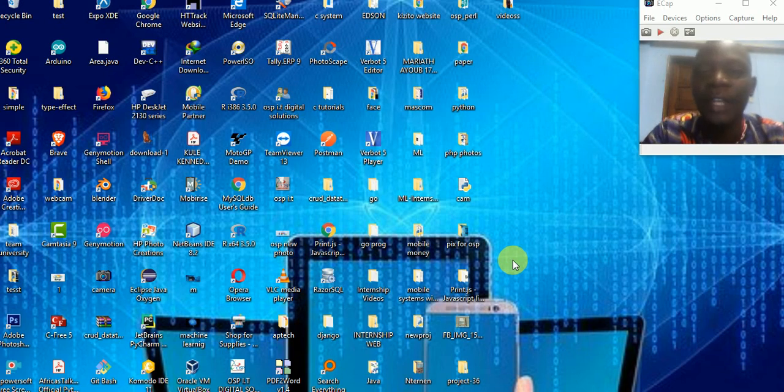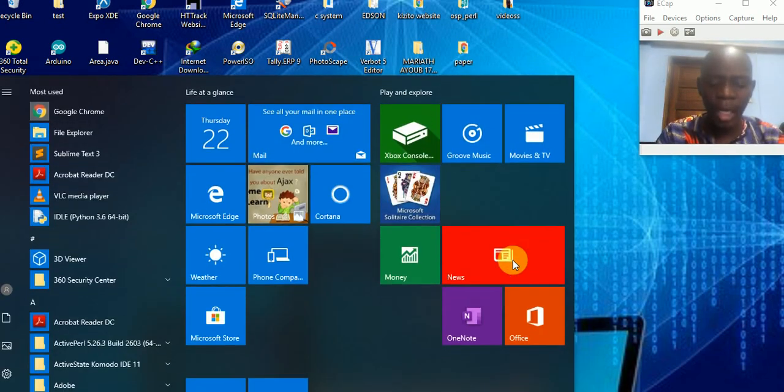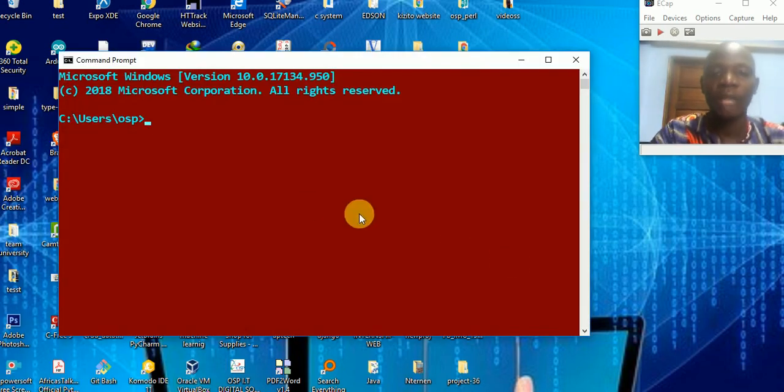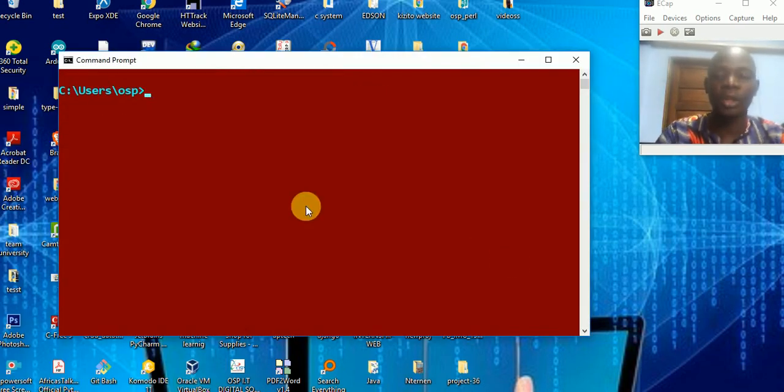Now the first thing that I have to let you guys know is to make sure you can access your pip. From your command prompt, make sure you can utilize pip so that you can install the modules that are needed for running the Python files. If you have them, it is going to be simple for us to install the package itself.